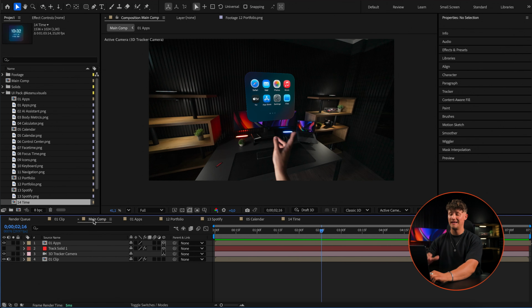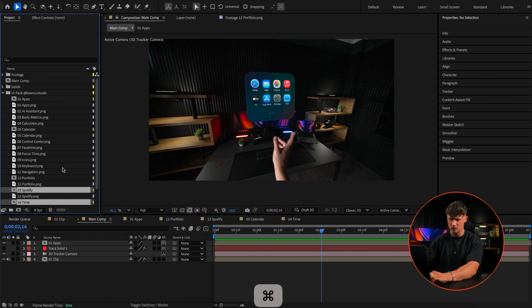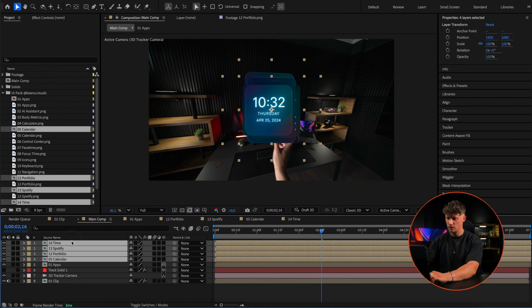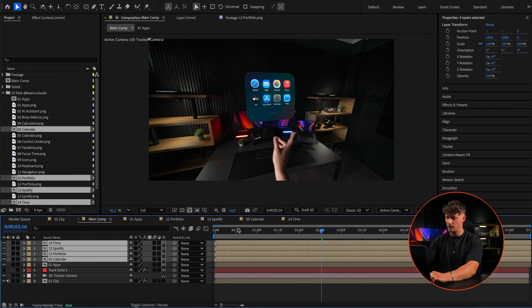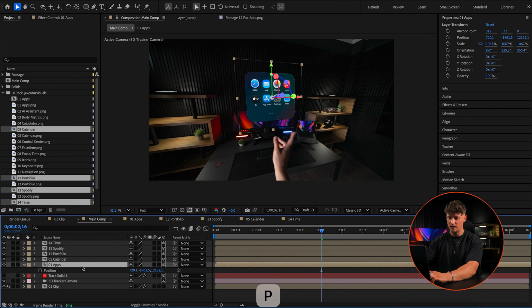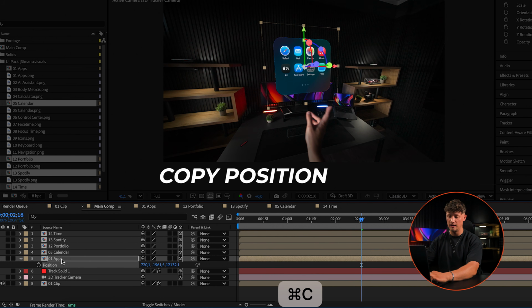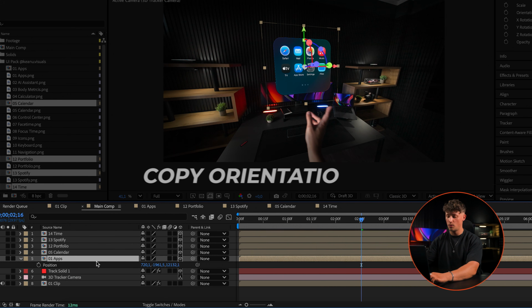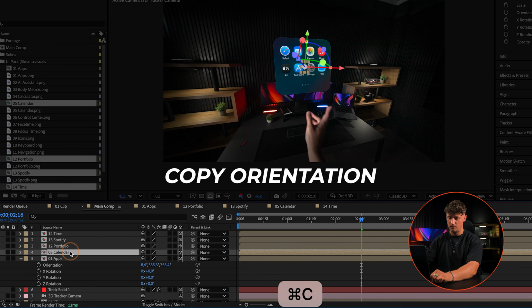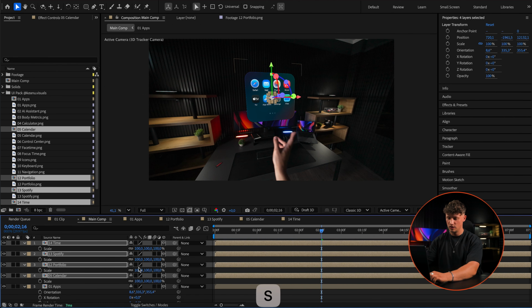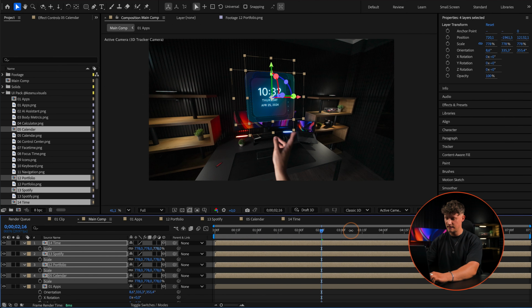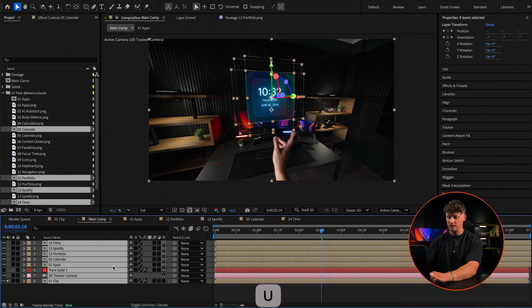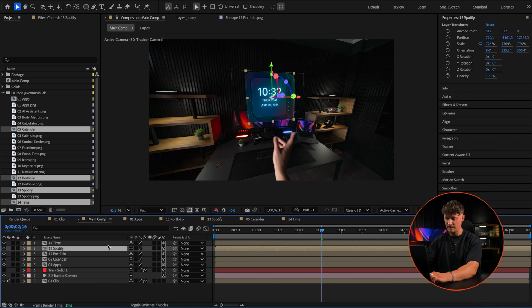Now I'm jumping back into the main comp and I'm dragging the other ones in as well. So time, Spotify, portfolio, and calendar. So boom, dragging those in, making all of them 3D layers. And same as we did, copying now the position of the apps of the first HUD we already placed, pasting them, and also copying the orientation and pasting them as well. Boom, just like that. Now we can increase size. Perfect. And now we can actually place them here next to each other.